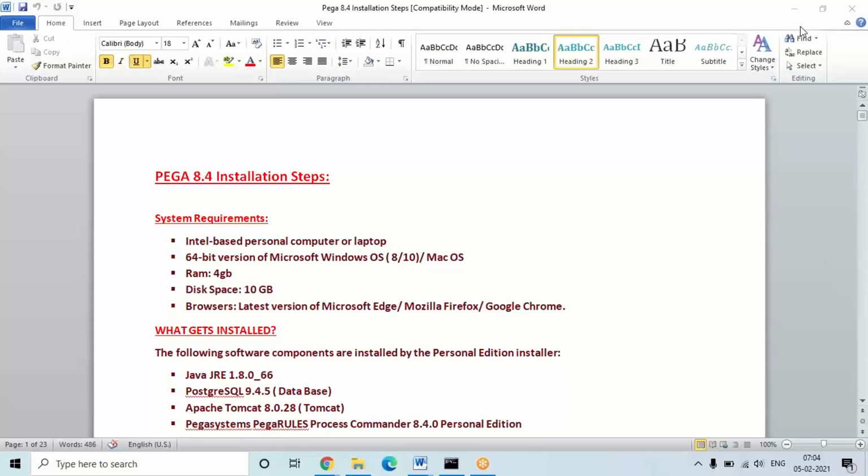The application is configured on the server in real time, that is, in any company. So all the people will be connecting to the same server. There is no need to install individually on every system, so they can directly access the application, based on the access given to them, or based on the URL or IP address given to them. But personal edition means you have to install separately in each system, so it is single user.